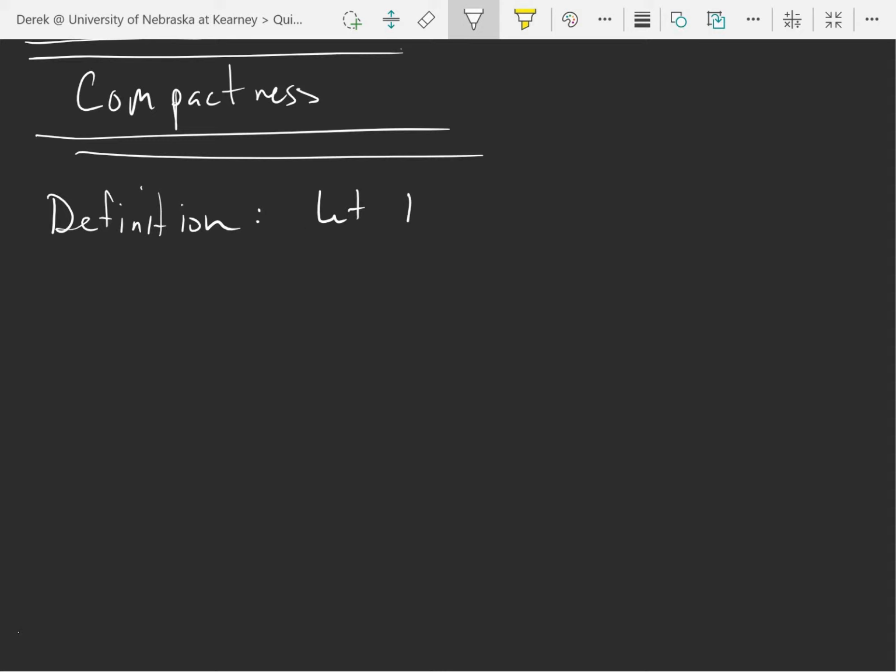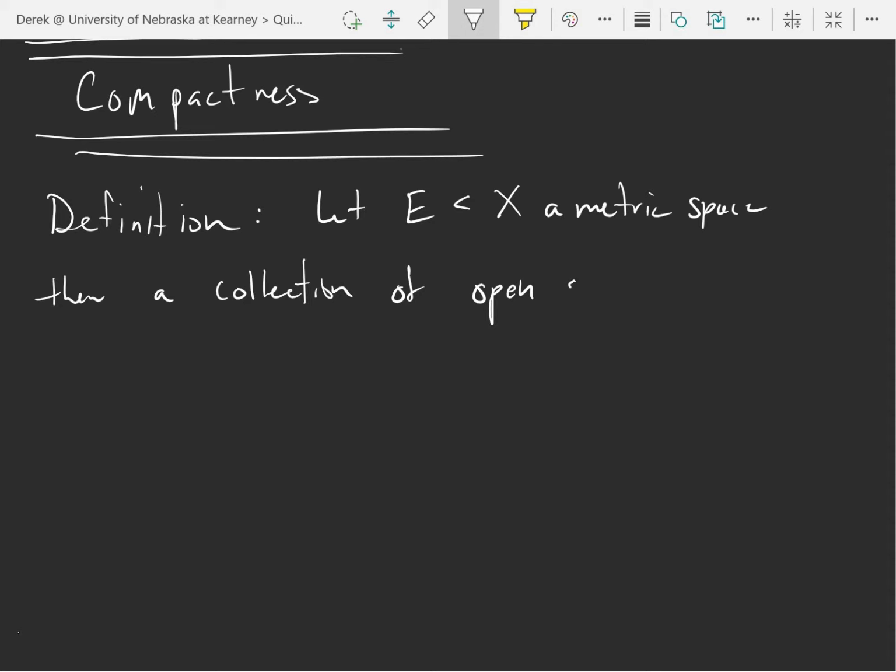So let E be a subset of X, a metric space. Then a collection of open sets, say O alpha, where alpha is in some index set. It can be a finite collection, it can be an infinite collection, it can be uncountable, it could be countable, just a huge collection of open sets, or small collection. We say this is an open cover